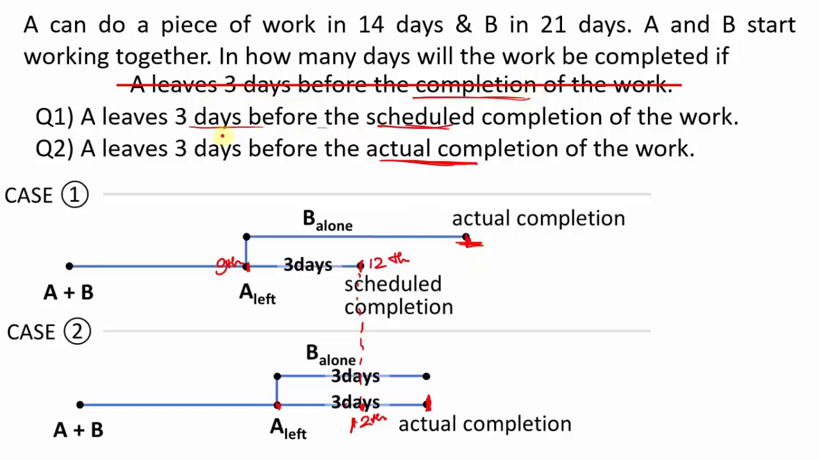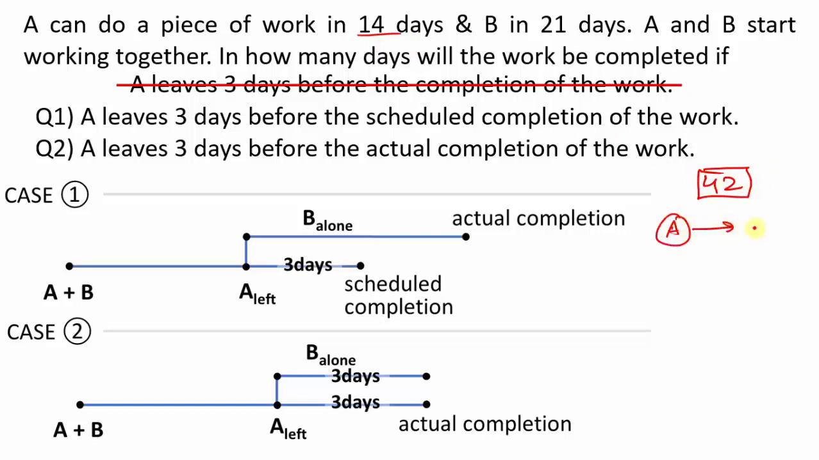Let's solve this first question, case 1. Total work we can take as the LCM of 14 and 21. Total work is 42. A takes 14 days to finish 42 work, so the rate of A will be 3. The rate of B will be 42 upon 21, that is 2. And the scheduled completion day